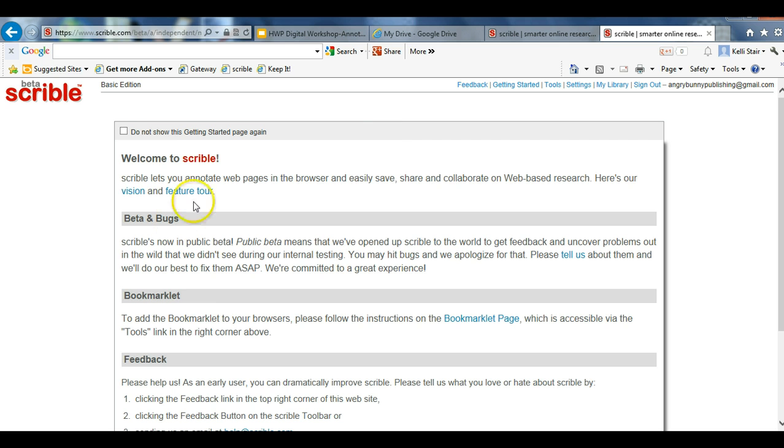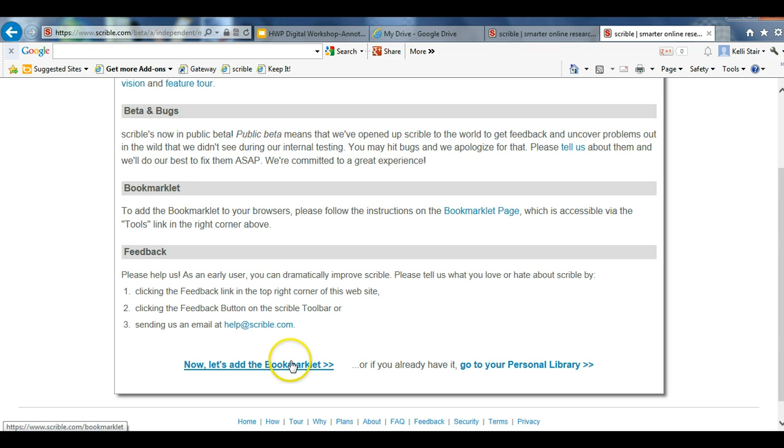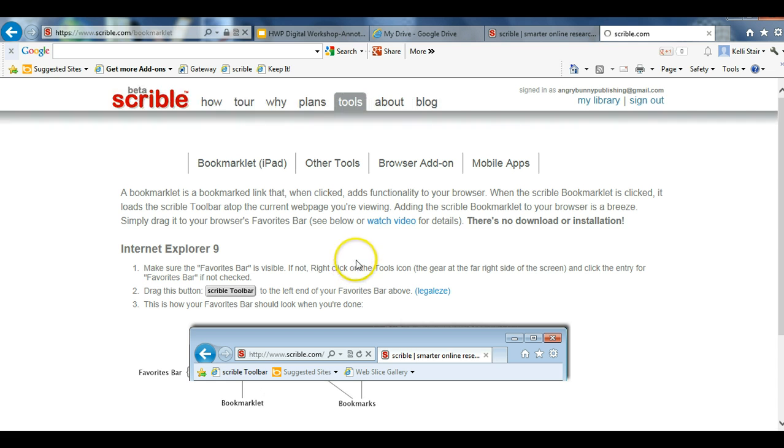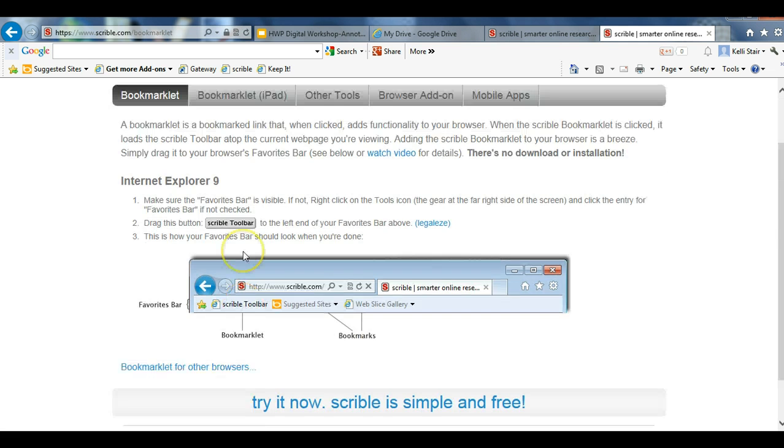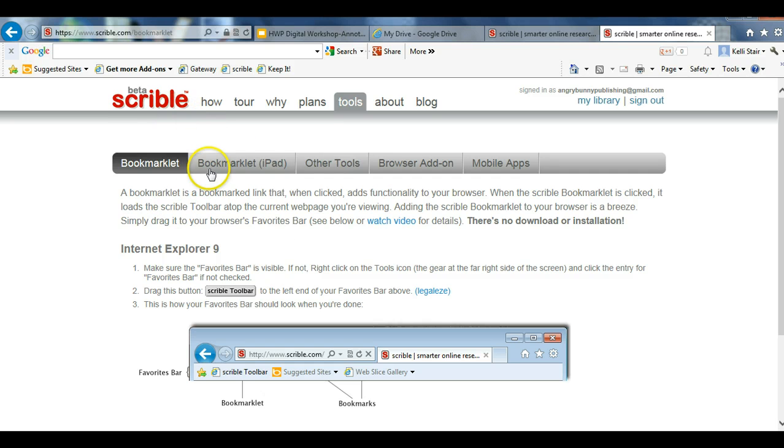It gives you some directions for how to use it, through the start page, adding the bookmarklet. So I already have the bookmarklet added, but here are the directions for adding it. It gives you directions for whatever internet browser you're using. Basically, you grab this little guy and you drag it up to here, and then it adds this as a bookmarklet. So if you grab this and drag it up here,